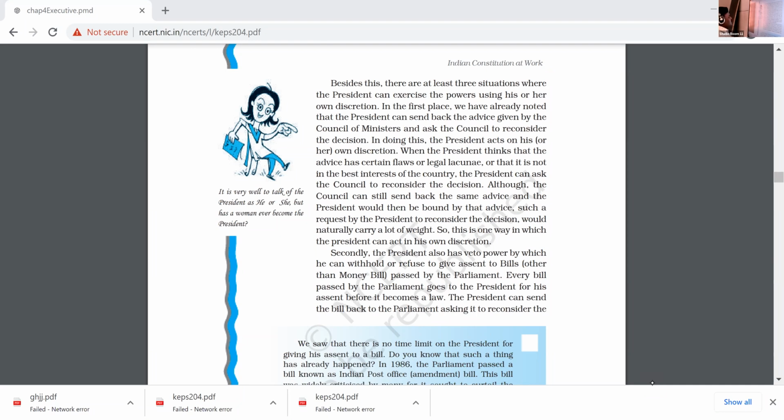Secondly, the president also has the veto power by which he can withhold or refuse or give assent to bills other than money bills passed by the parliament. Assent. Okay, every bill passed by the parliament goes to the president for his assent before it becomes a law. Underline that. The president can send the bill back to the parliament asking it to reconsider the